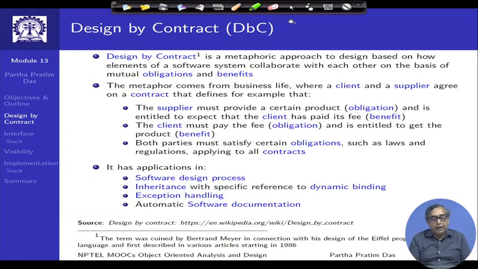Now, a class typically has an interface and an implementation. I am sure most of you are familiar with these two terms, but to introduce these I would like to take a little tour of what is known as design by contract. Design by contract is kind of a metaphoric approach where the concepts are borrowed primarily from the business domain,